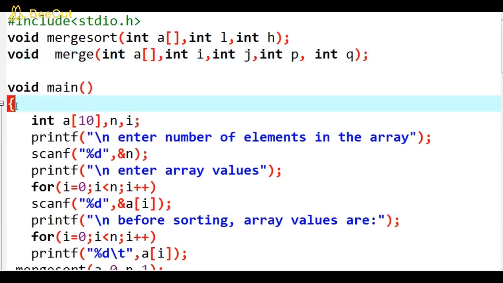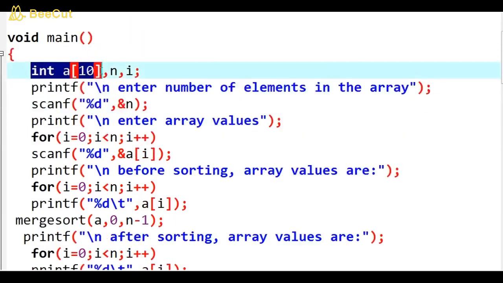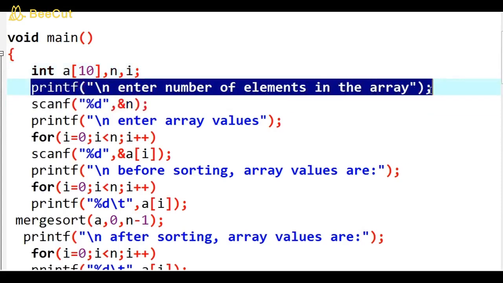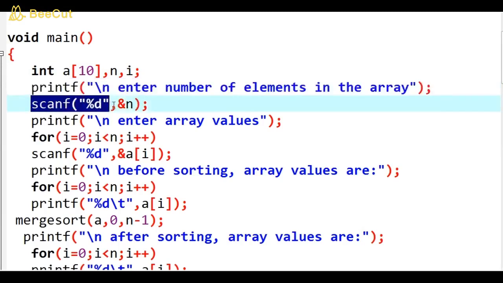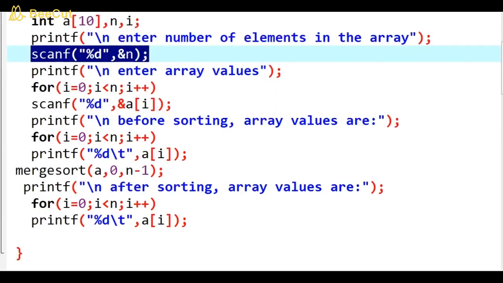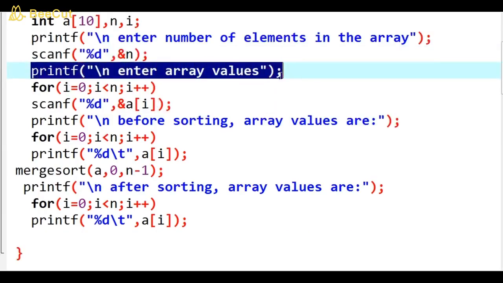void main() open brace, int a[10] is the original array, n is the number of elements which we would like to store in the array, i for accessing the array elements index purpose. printf("enter number of elements in the array"); that will be printed on the screen. scanf("%d", &n); reading n value. printf("enter array values");